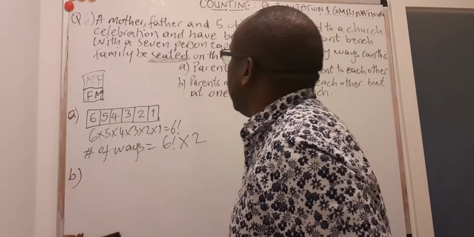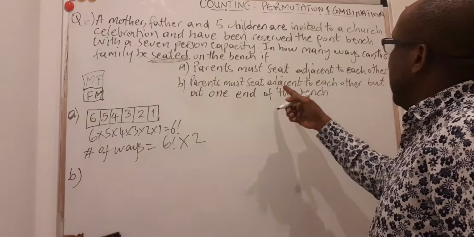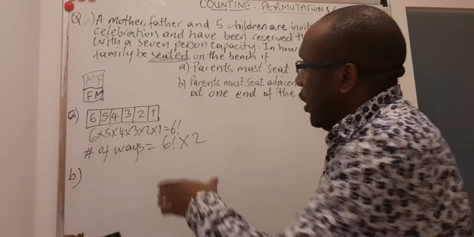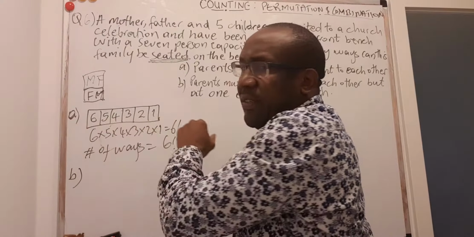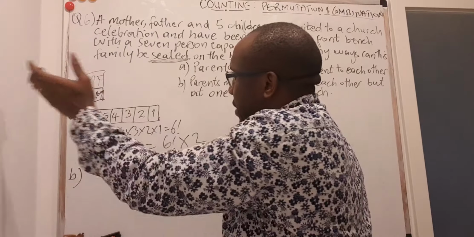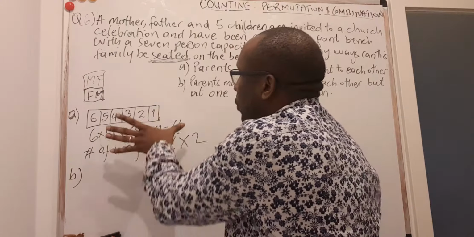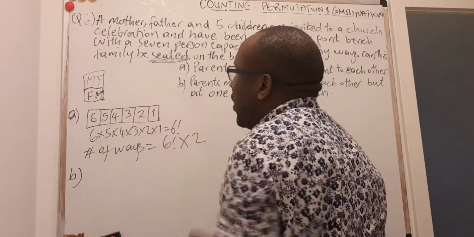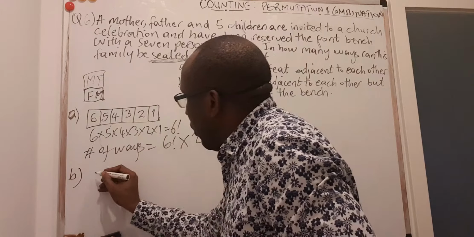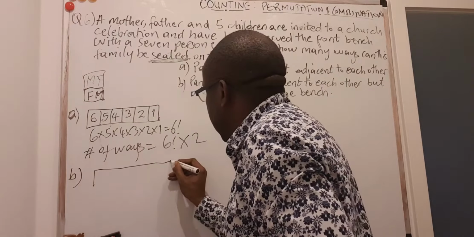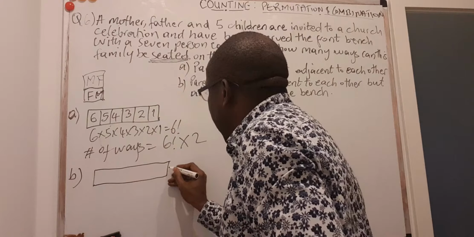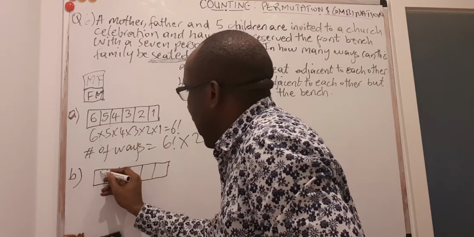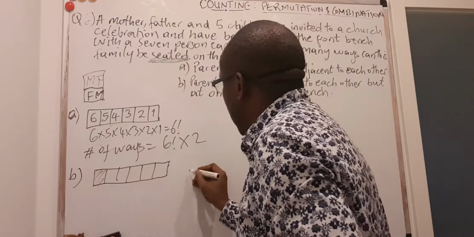B. Parents must sit adjacent to each other, but at the end of the bench. In the previous situation, we didn't care where the parents sat. It could be in the middle, it could be at the edge. So this number will be smaller than that; we need a subset of the number of ways that we arranged there. So what do we do? There are 2 possibilities. A bench has 2 ends. So either the parents sit at this one, or